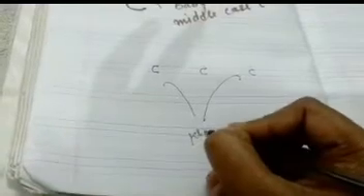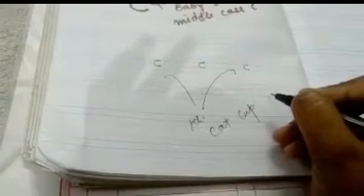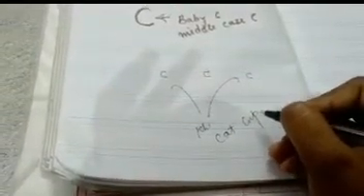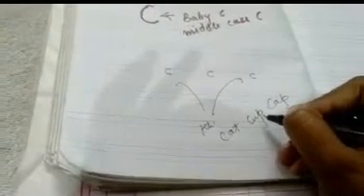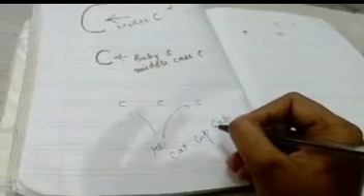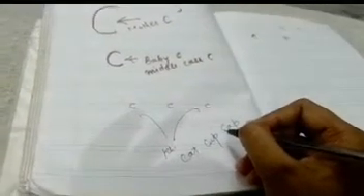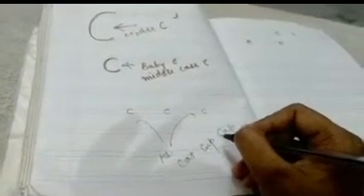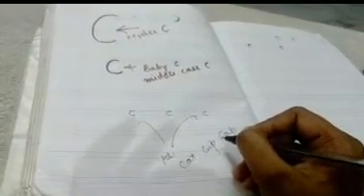And the sound of C is k, k, C, k, cat, C, k, cup, C, k, cap, C, k, cat, C, k, cup. So children, now you will be able to write small c or middle case C, and now you are able to know the phonic sound of C, that is K.